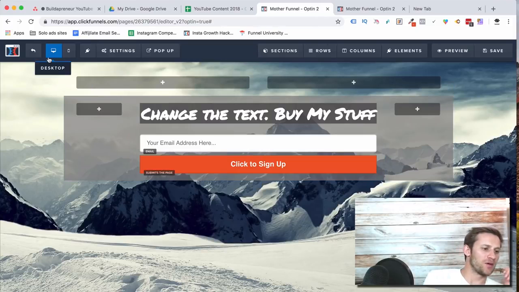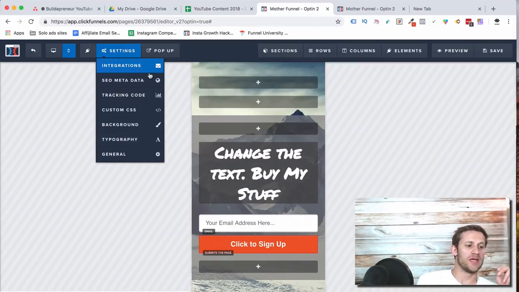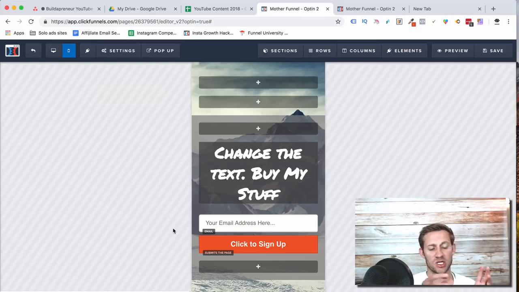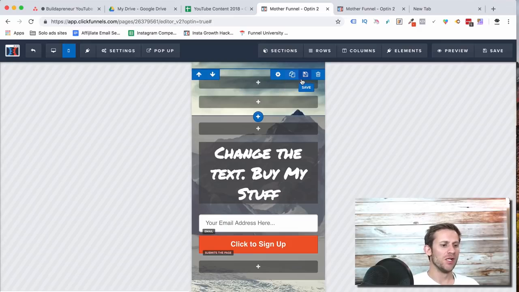So the last thing I want to talk about, two things, sorry, is mobile view. Okay. When you go to a website on your phone and it's this humongous, ugly, ghetto website and you hate it? Yeah, that is very annoying and people aren't going to react well when you do that. So the first thing to know is ClickFunnels is going to do its best. Okay, it's going to take your website and it's not going to make it look totally ghetto on a phone, but you can actually customize it to make it look exactly like you want on someone's mobile phone. Okay, and the way we do that is